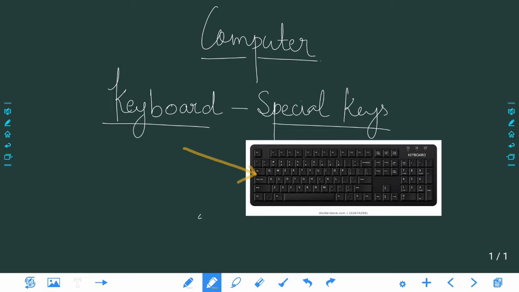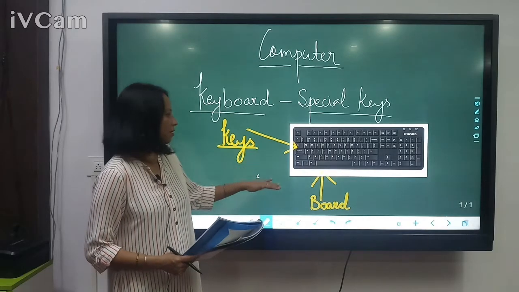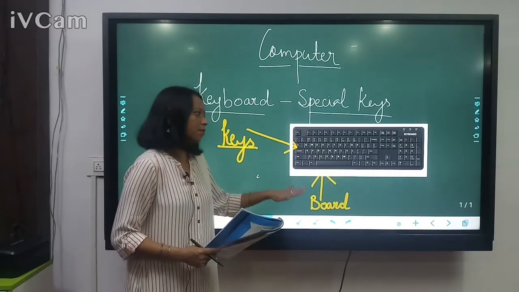These are your keys. These are called your keys. And this is called your board. So altogether we call it a keyboard.